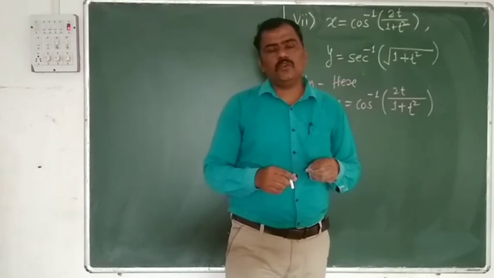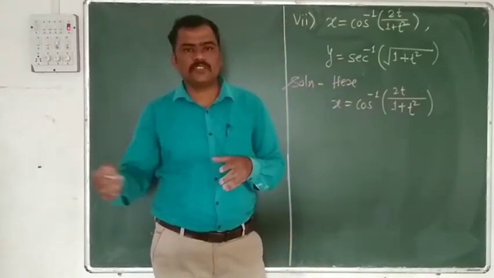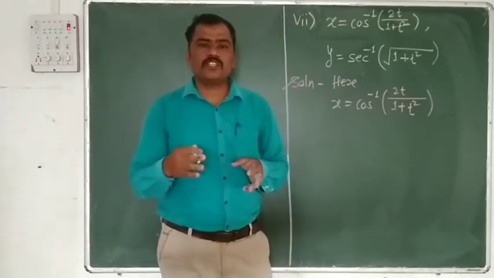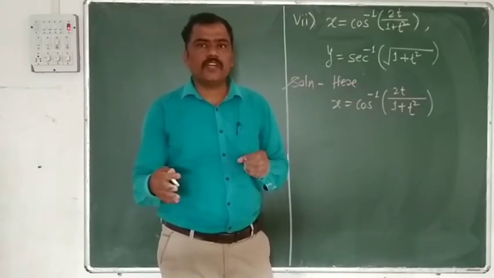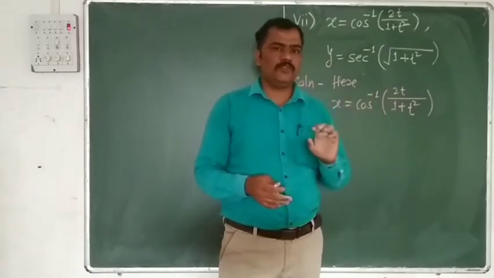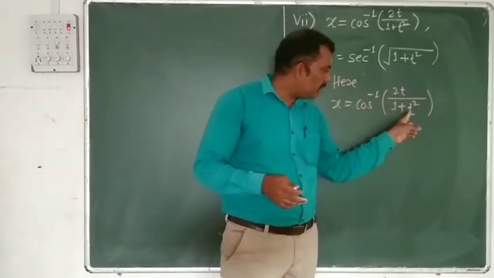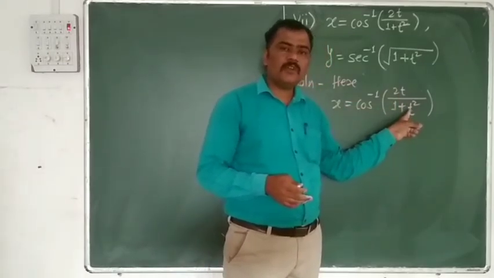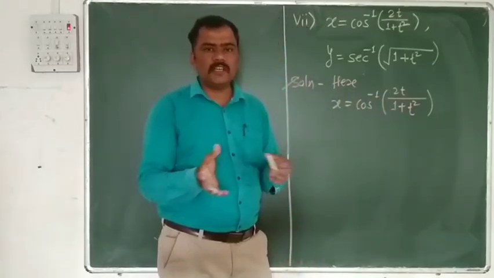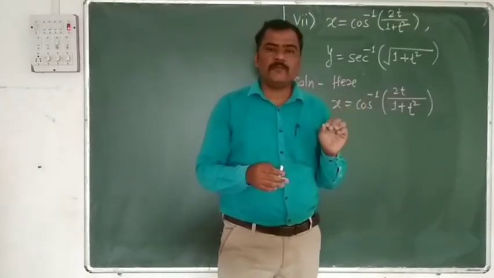We have to know the standard identities related to trigonometric functions. sin square theta plus cos square theta is equal to 1, 1 plus tan square theta is equal to sec square theta, 1 plus cot square theta is equal to cosec square theta. Okay, for whichever trigonometric function the identity is suitable, that is the substitution. Here we take the denominator. What is the denominator? 1 plus t square. If you replace this t by sin theta, then what do you get? 1 plus sin square theta. There is no simplification related to sin square theta plus cos square theta is equal to 1, so we cannot get the value of 1 plus sin square theta.